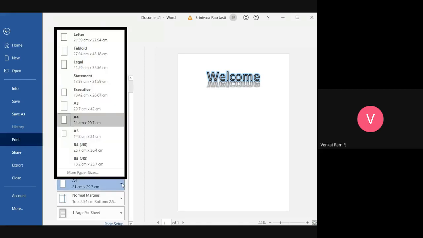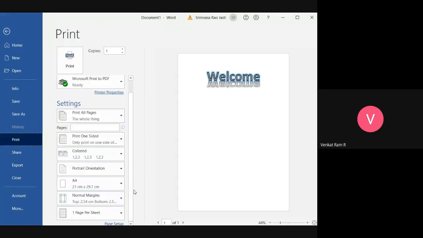If you are giving legal size, then you have to click on legal size paper. For office purposes, letterheads and all, usually we will use Letter. And next, A4. A4 is for normal purpose, and all these Executive, Statement, A5, B4, B5 will be used for office purposes. Mostly if there are any designs and all, then you can go for A5 and all. B5, B4, all these are for art purposes.